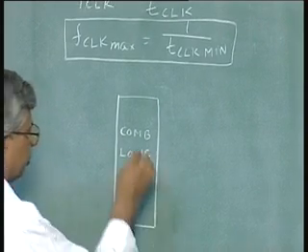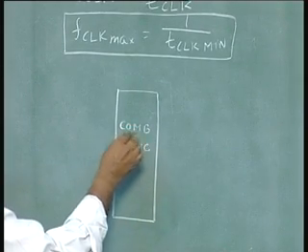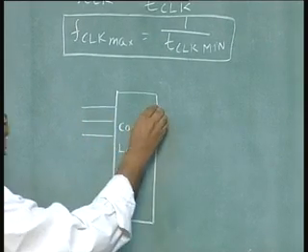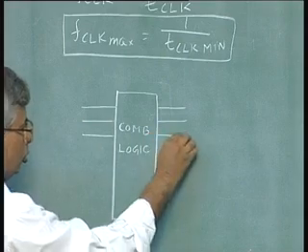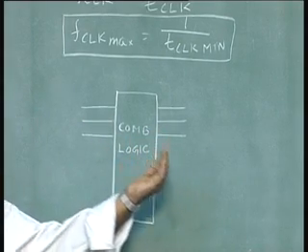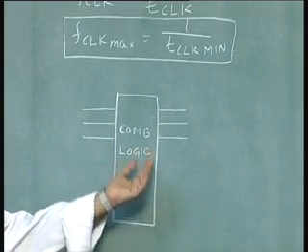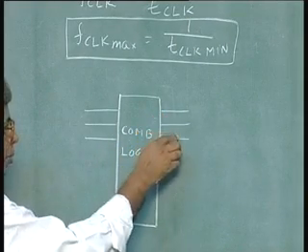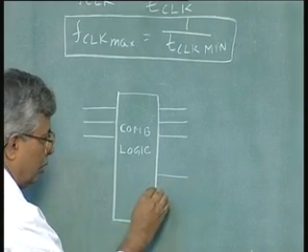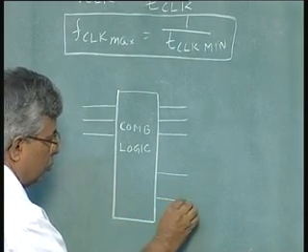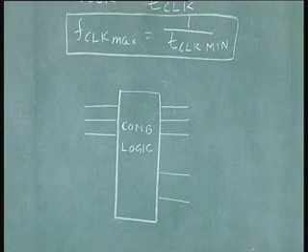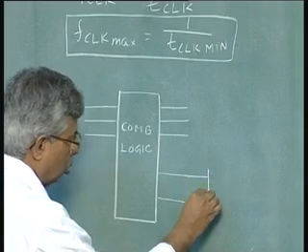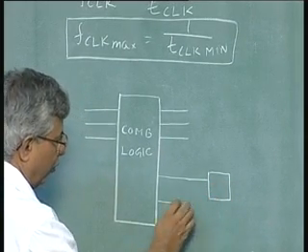And there are inputs to the combinational logic and there are outputs of the combinational logic. Some of these outputs need to be stored and used later on. So, we may have two types of output for a combinational logic. One is the combinational output, the other is outputs which are to be stored and reused. So, these outputs go through flip flops because a flip flop is a basic storage element